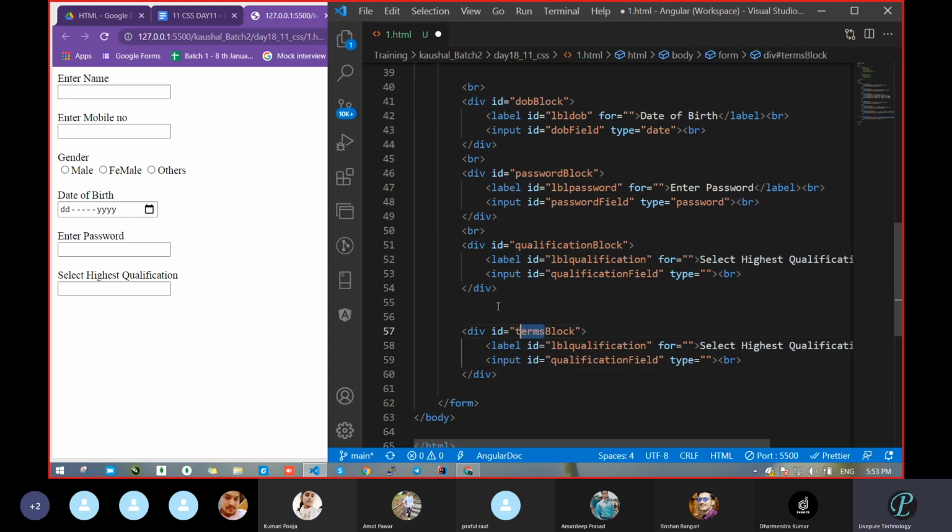Terms. Okay, input type. Label is coming there now, and input is coming there.